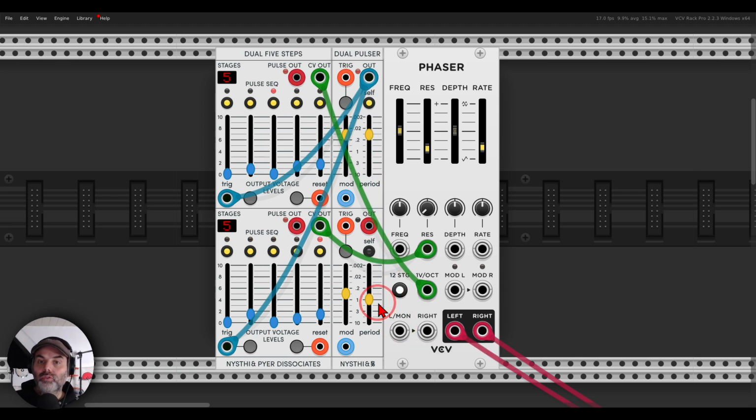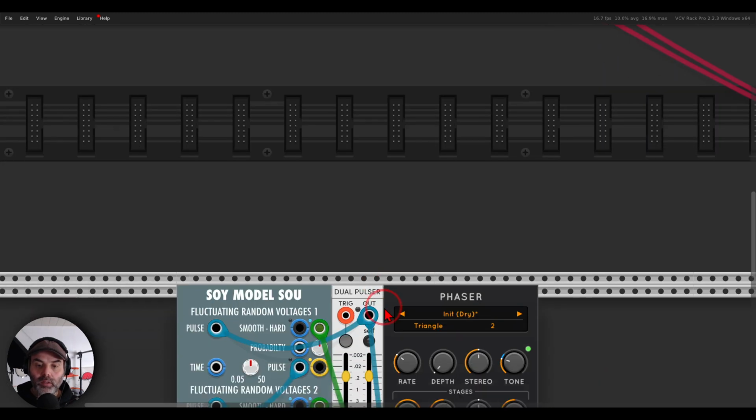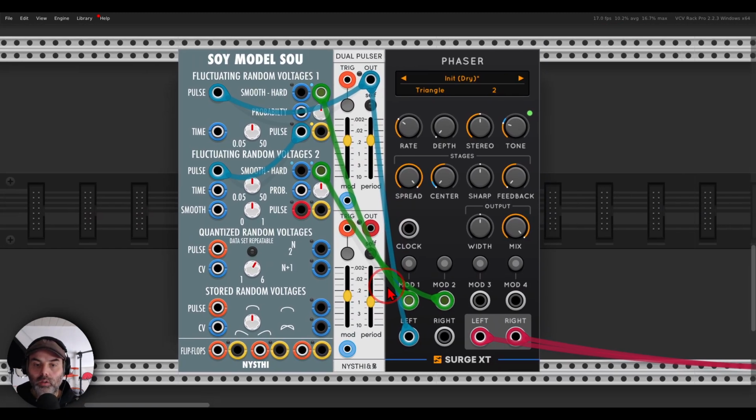Right, so this is one thing you can try with the phaser from VCV, but also with the phaser from Surge, this will work quite nicely. So if again I put this in self-oscillation, again you have to make sure to raise the feedback. Right, now something that the phaser from Surge has and the phaser from VCV doesn't have is a mix control. So here, right, this is 100% dry. You hear the triggers, you hear the clicks, but I can take this also to 100% wet, which means that